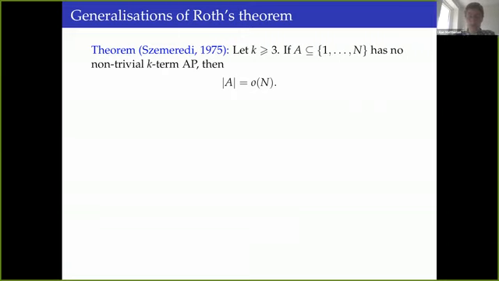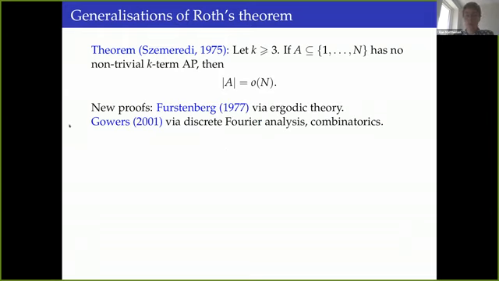Following Szemerédi's result, which was proved using methods from combinatorics, new proofs have been found. First of all, a proof by Furstenberg from 1977, which proceeded via ergodic theory. And then, for the further development of additive combinatorics extremely important, a proof by Gowers, who was aiming at generalizing the proof strategy from Roth's original proof. So Gowers produced a number theoretic proof that used methods from discrete Fourier analysis and combinatorial ideas.